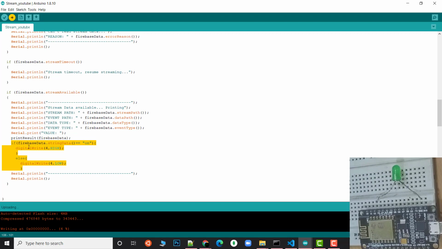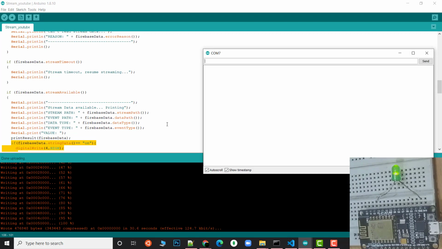If we have multiple devices, that can be a part of another video, like how to control multiple devices in a stream. We can add a callback also, like if the value changes, then we can add a notification, and do a lot of things. Those things can be covered in the next video. If you guys are interested, then I can create videos on it, no issues. So our code is getting uploaded.